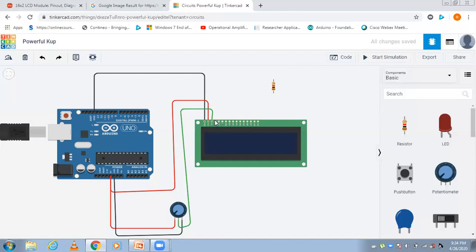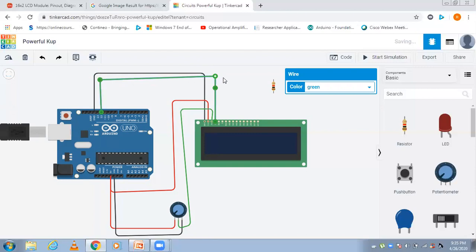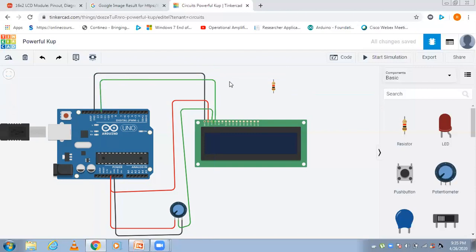It will show that register select. Now this pin will be connected to pin number 12. Okay, like this I will connect.